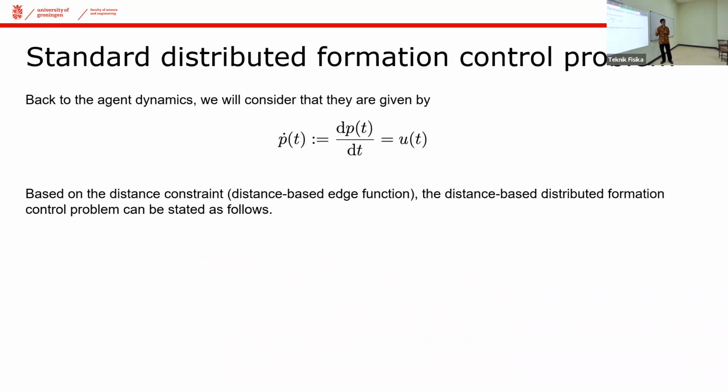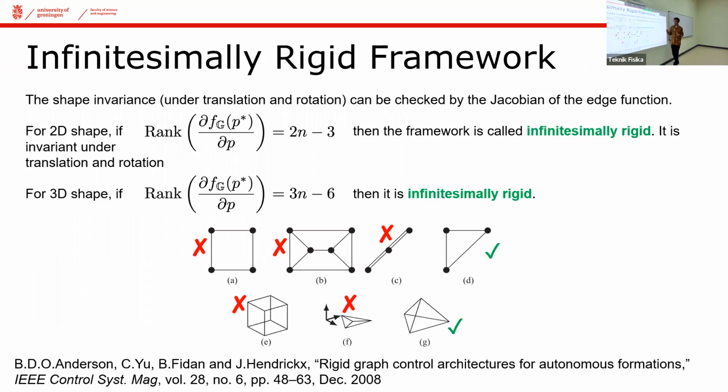So now, once we have defined what we mean by rigid formation, we know how the shape looks like and what would be the admissible shape according to the way we define the edges. Then the challenge now is how can we design a controller if your dynamics is defined like this one, the simplest one as I have mentioned before, a single integrator. The velocity, or the time derivative of the positions, is equal to your control. And we would like to design this control input in such a way that when you are starting from an incorrect shape, you would like to converge to the correct shape. And the correct shape is the one that we have defined before.